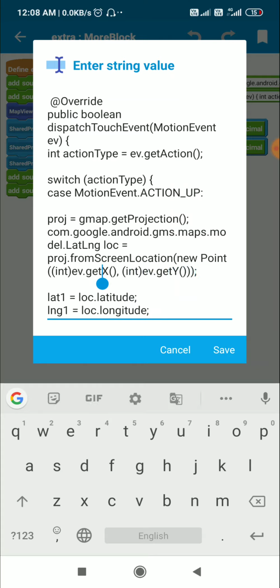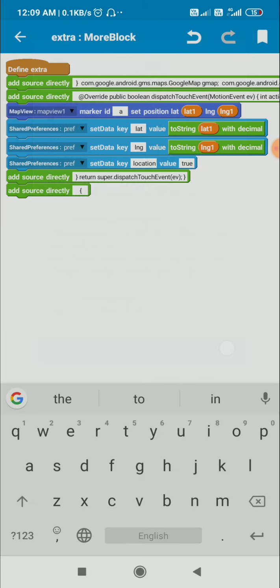So this will create a point from the x and y of the touch point, and then it will use this projection to get the LatLng. From LatLng we can get the latitude and longitude. This LatLng is loc. So here I get lat1 is equal to loc.latitude and lng1 is equal to loc.longitude.